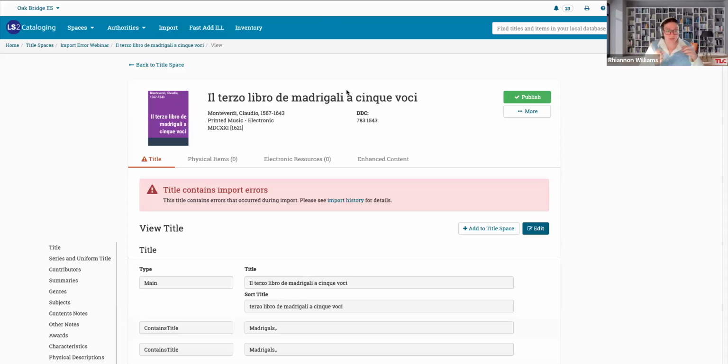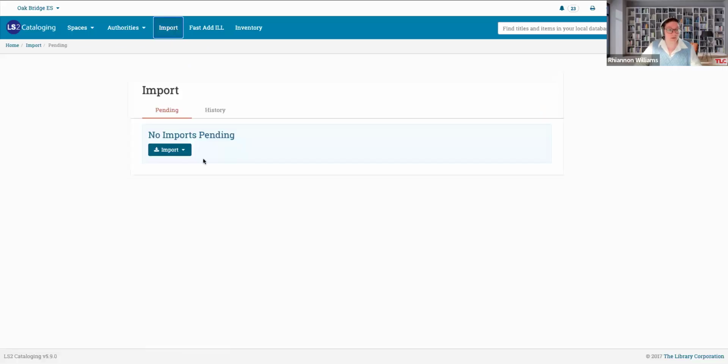Or if I did want this version of the record rather than the existing one, I can choose to either delete my existing record that I already have and then publish this one and add any holdings information over. Or I can choose to import again by downloading that error MARC record file and choose import and choose only replace title content. So this import option is going to replace any bibliographic information in the record based on only